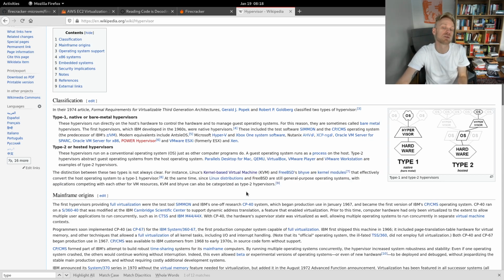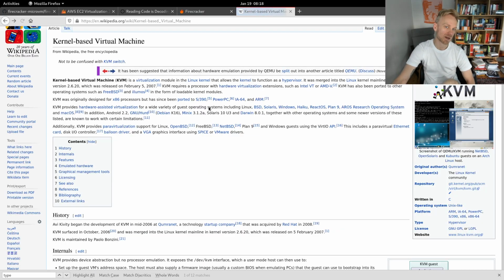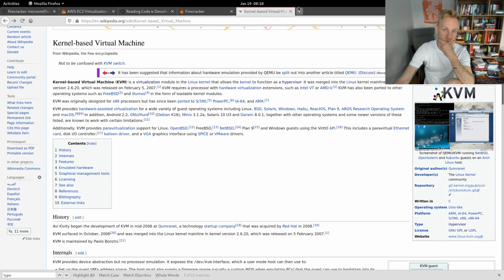So that's actually a really good description of the two in a single paragraph, right? And here's an image of it too, right? So we have type 1: OS, hypervisor, hardware. And this one is OS, hypervisor, another OS, hardware, right? So that's hosted, right? Some other operating system is hosting the hypervisor. And KVM is a hybrid example of that. Okay? So, without much further ado,